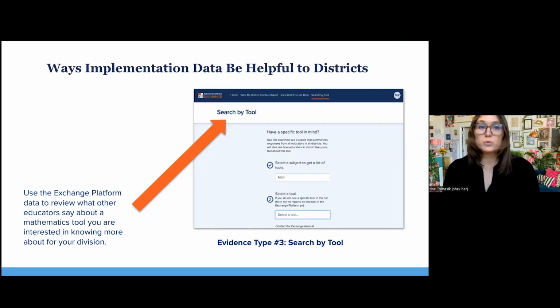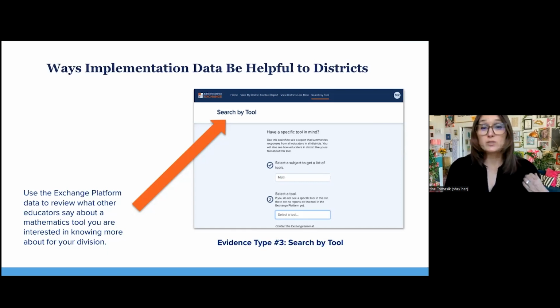The search by tool displays information from the implementation survey we just reviewed about a math technology. So if you were interested in selecting a new math tool for your middle schools, you could use this feature to look up tools like STMath or IXL and see what other leaders and teachers have to say about it and their recommendations.